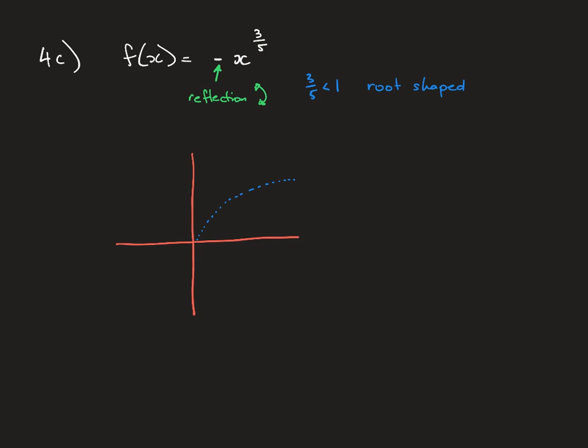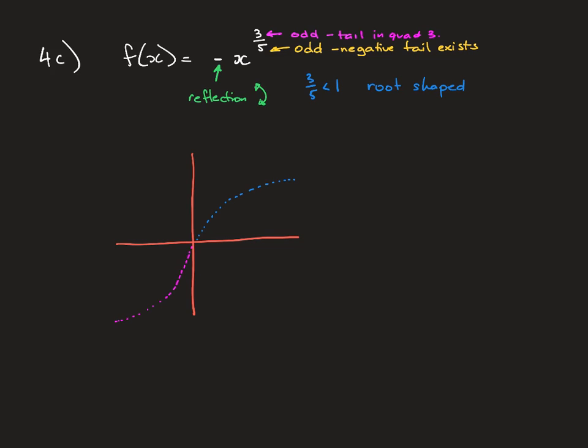So I've just dotted in the positive arm of the graph. Then we look at the denominator to see whether it's odd or even. It's odd, which means that a tail exists. And then we look at the numerator, which we see is odd, which tells us that the tail is in quadrant 3. So the tail would sit